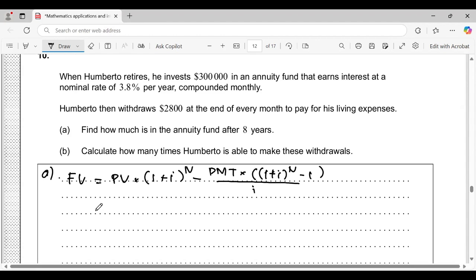So if you substitute the numbers, i equals 3.8% divided by 12 because monthly. So this is